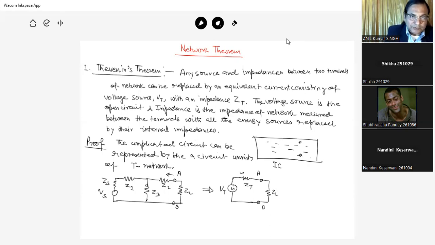तो हमारे पास जो इक्विवेलेंट सर्किट ये है टी नेटवर्क का, इसमें दो लूप है, 1 और 2। अब इस दो लूप से हम करंट की एक्सप्रेशन को निकालना चाहते हैं। मान लीजिए लूप 1 में जो करंट है वो I1 है, और लूप 2 में जो करंट है ये है IL, लोड करंट है। तो अब यहां पर सिंपल किरचॉफ वोल्टेज लॉ लगा दिया जाए तो क्या होगा, this करंट I1 flow through the ZS, Z1 and Z3. तो this voltage drop is I1 into ZS plus Z1 plus Z3